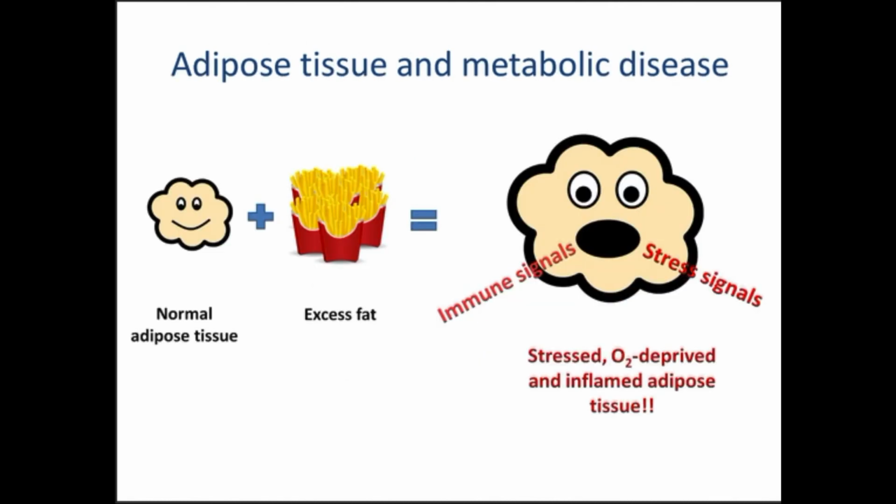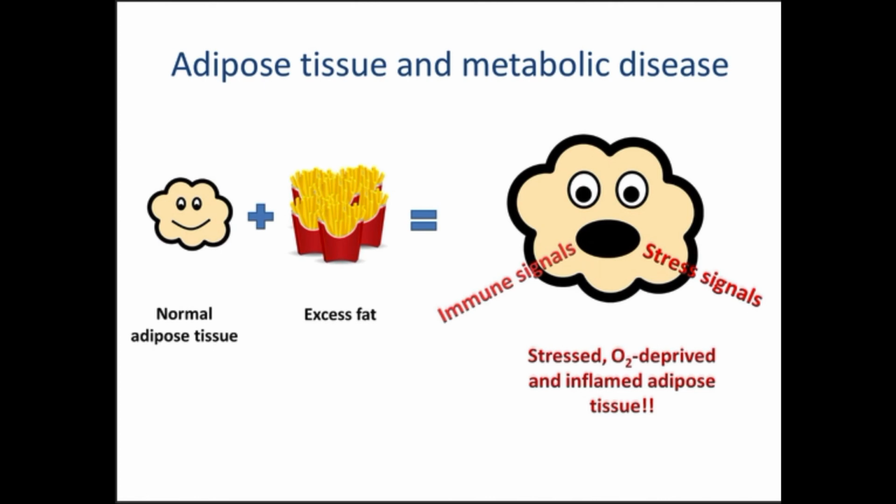So we started studying fat, and this cartoon is to illustrate everything people know about fat and how it contributes to it. It's an oversimplification, but I kid you not, this really is approximately what we think is happening. You have normal adipose tissue, you eat too much, you have an excess in nutrients. That excess in nutrients expands the adipose tissue to a point where it's now stressed. It's stressed out. This is beyond what it can normally do.